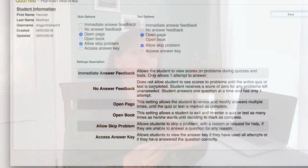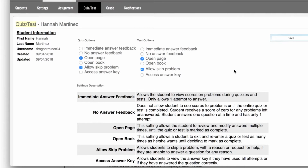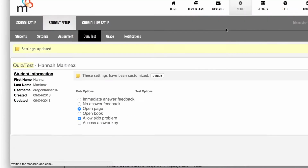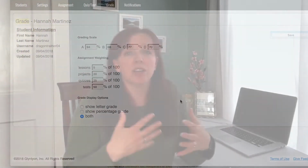You can go in and you can select some parameters as far as, do you want your students to have multiple tries when they're doing their quizzes or their assignments? Do you want them to be able to do it open book and be able to go back to past lessons and find information? So you have some options and controls as a parent of how your kids will utilize